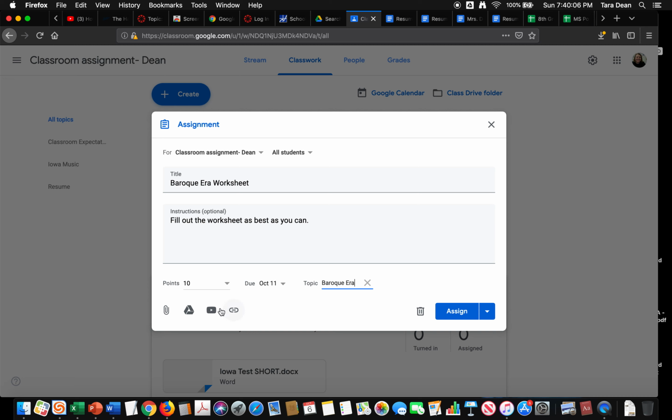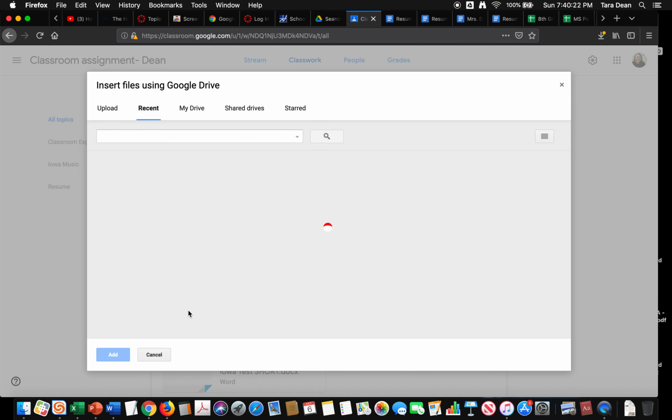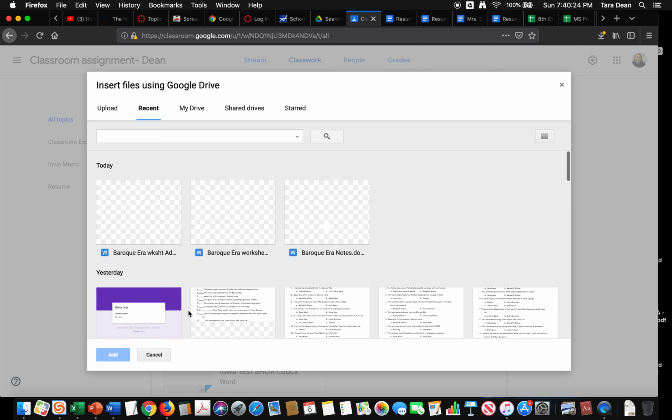Here is where you can add your assignment. You can either attach an assignment, go from Google Drive, upload a YouTube video, or include a URL link. I'm going to use Google Drive and click on that. It's already popping up as something that I've already viewed recently. I'm going to click on that, click Add,